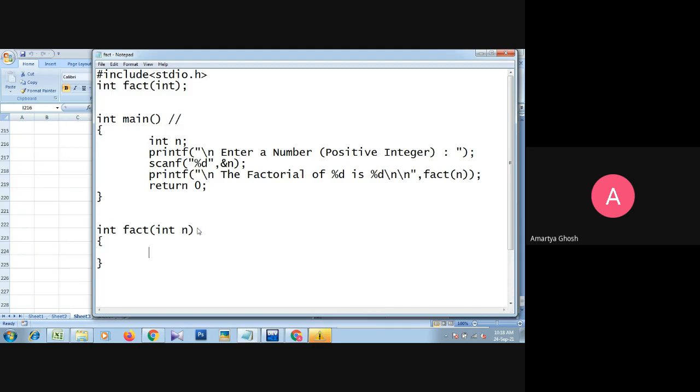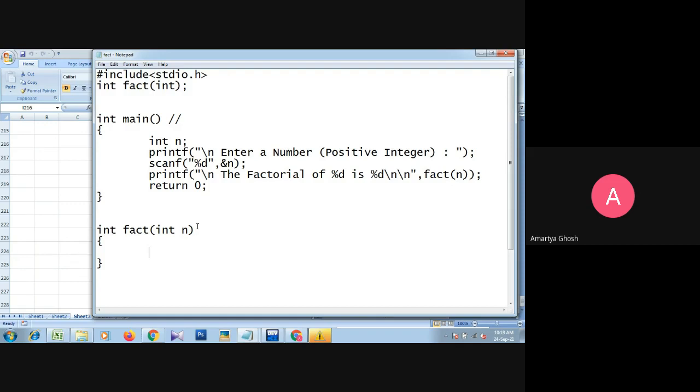So in this function, our first job is, if the user gives 0, the minimum value, what will it return? It should return 1.